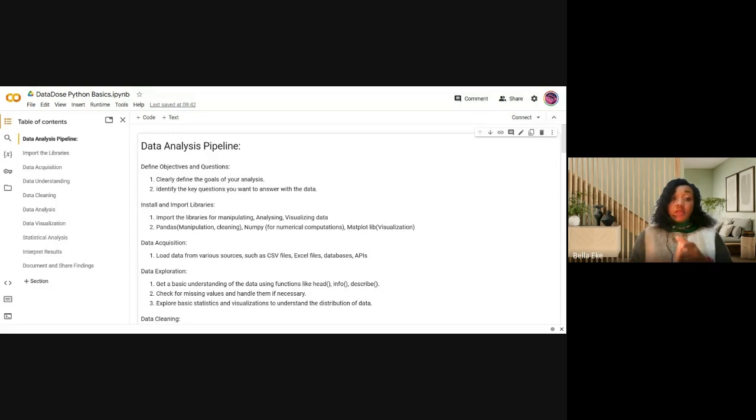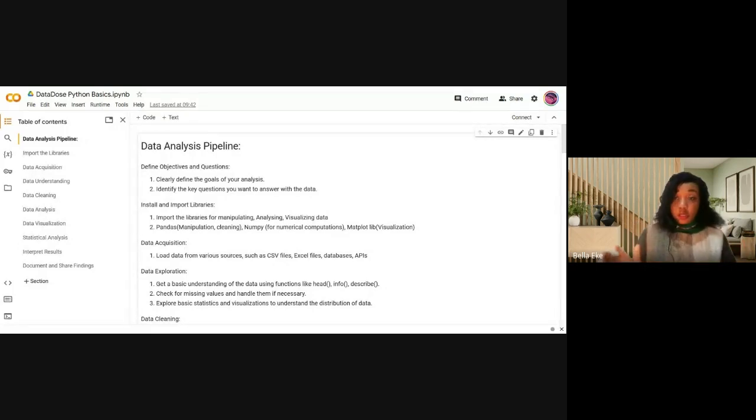So that is the first step. Define your objectives and define the questions that you want to answer. Okay, so that's where your analytical mindset comes in. That's where your problem solving mindset comes in. That's where your questioning mindset, like you want to find out why and why and why again. So when you've got all this written down in a very structured way, then you can start to perform your